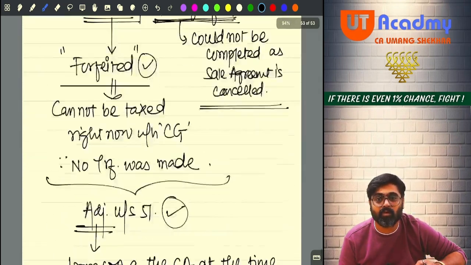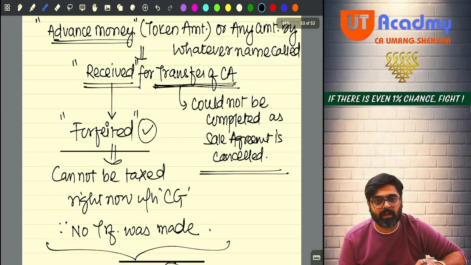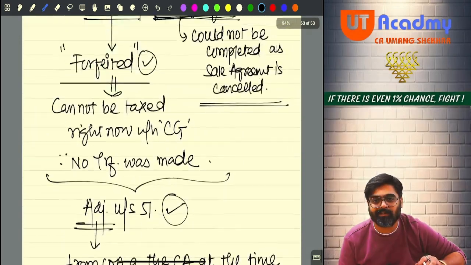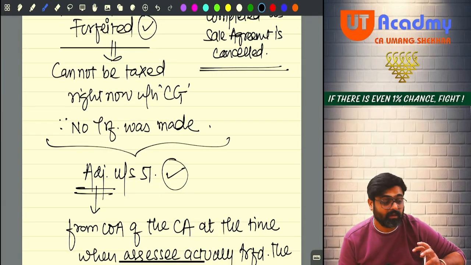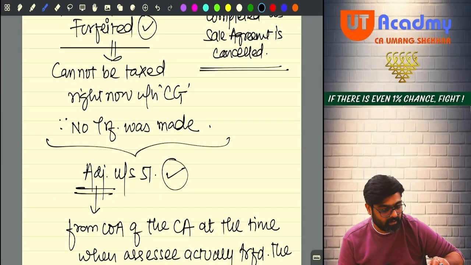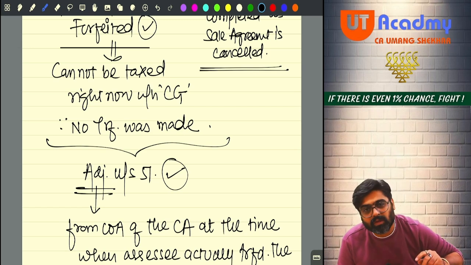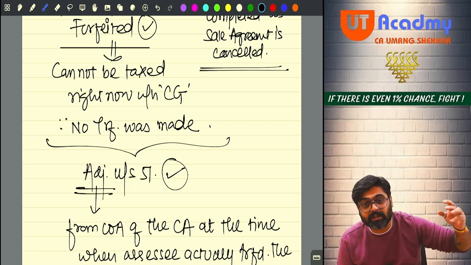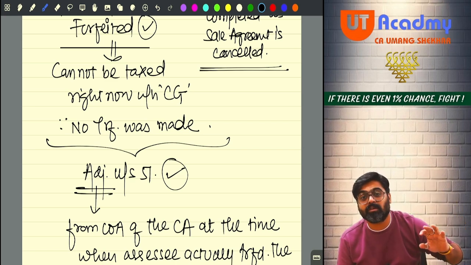This section was used very meticulously to avoid tax on incomes. First thing. Second thing, what if I'm receiving 5 lakhs right now from you, advance and forfeiting? Don't you think till that time I'm not selling the property, this 5 lakhs remain untaxed? Sometimes it is never taxed in the hands of the assessee, because the assessee never sells the property.